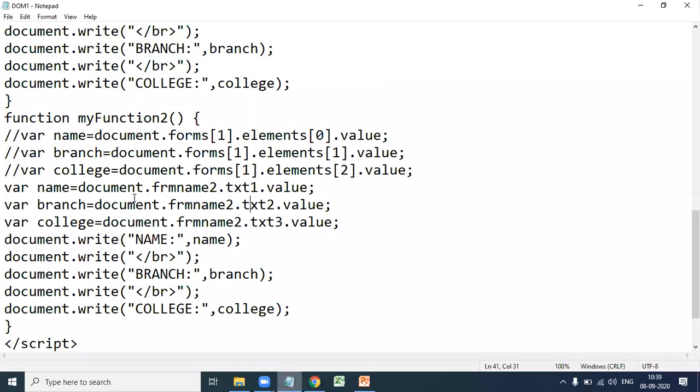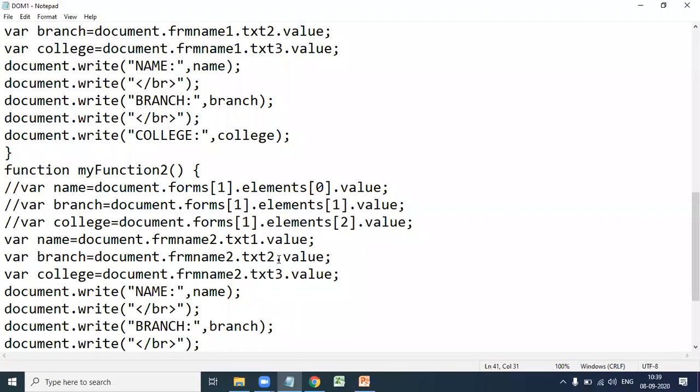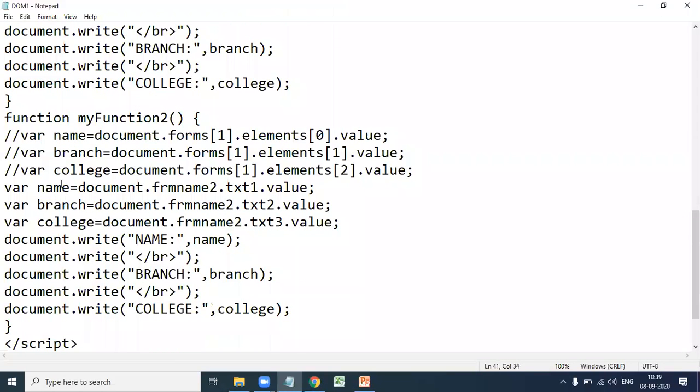So the first way of accessing the elements is the forms array along with the elements array. The second way is the name attribute.